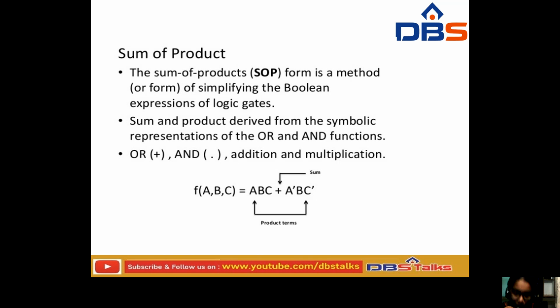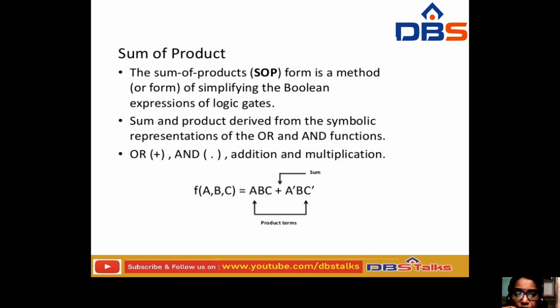Okay. Here the sum and the product are derived from symbolic representations, like AND and OR functions. For OR we are going to perform the addition operation, and for AND we are going to perform the multiplication operation. That is, we also have AND gates and OR gates. If you are using an AND gate, we are going to perform the multiplication operation. If it is an OR gate, then